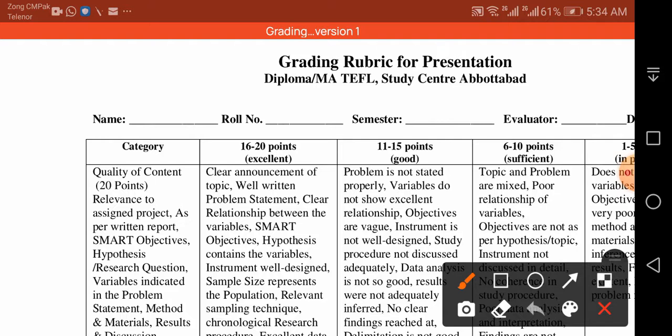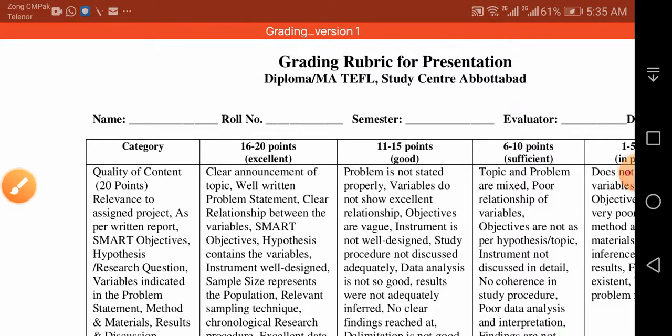Here certain items are evaluated, and the evaluator or teacher or tutor who sits in judgment has a grading rubric with him or her. And this is a discrete rubric. I mean, there are items. It is a kind of criterion reference grading rubric.